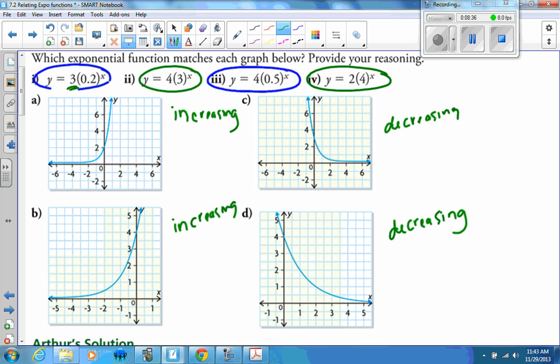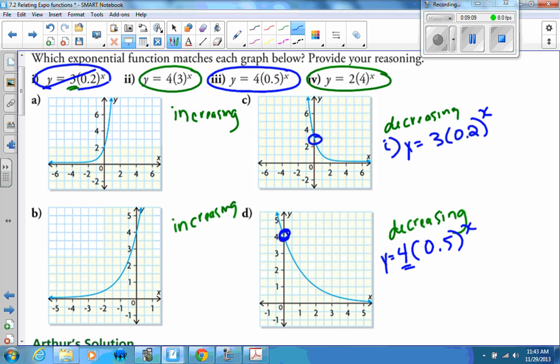What does that 3 tell me? 3 is its y-intercept, so where it crosses the y-axis. So if I look at my 2 decreasing graphs, I try to look for 3. This one crosses at 3, this one crosses at 4, so this is obviously the equation where y is equal to 3, 0.2 raised to the power of x. If I look at my other decreasing one, it has to be what's left over. And if I look at y equals 4, it corresponds that it crosses the y-axis at 4, 0.5